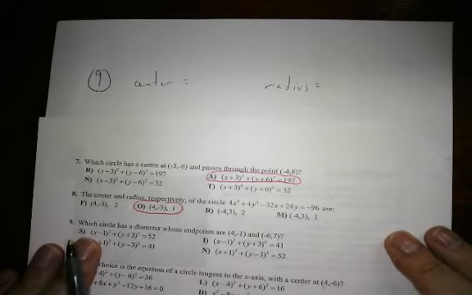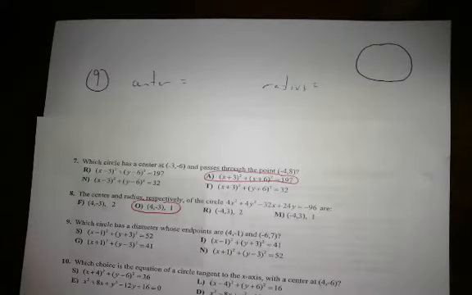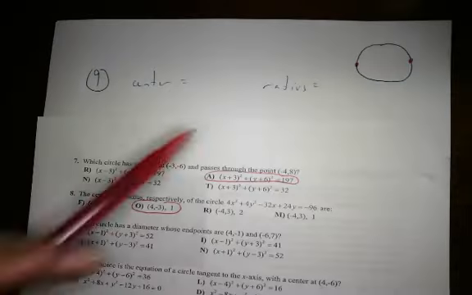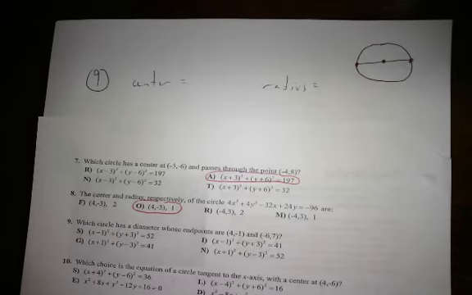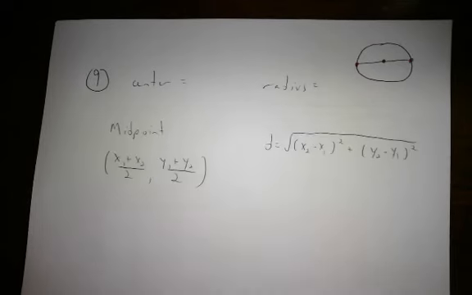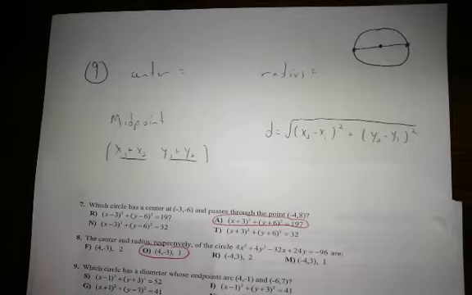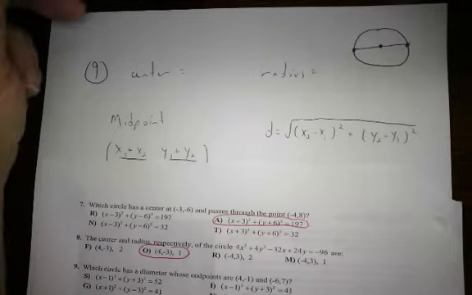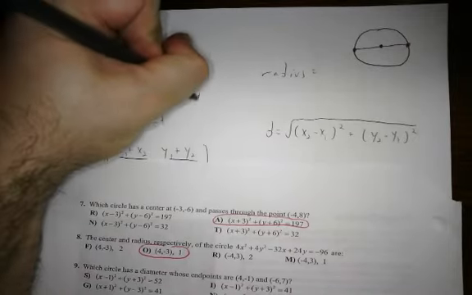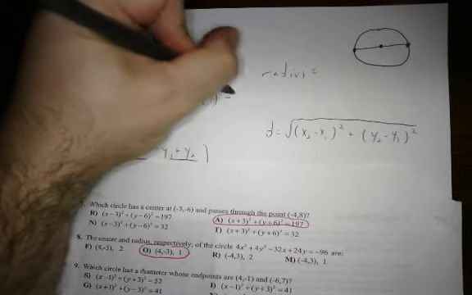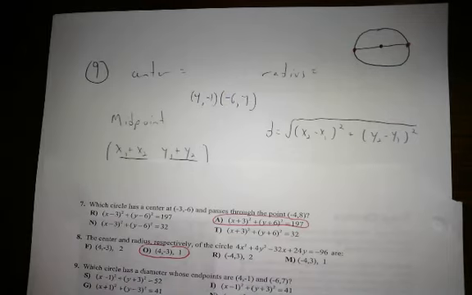Okay, I am going to just draw a quick little sketch here. Pretend that you have a circle, and you were given 2 endpoints. Okay, now our goal is to find the center and the radius. Okay, so the center would have to be the midpoint of those 2 endpoints. So that's actually the first formula I'm going to use. I'm going to use the midpoint formula on the 2 endpoints of the diameter, which would be 4, negative 1,